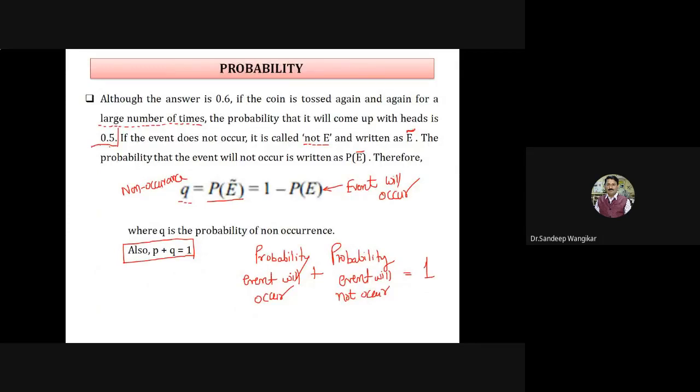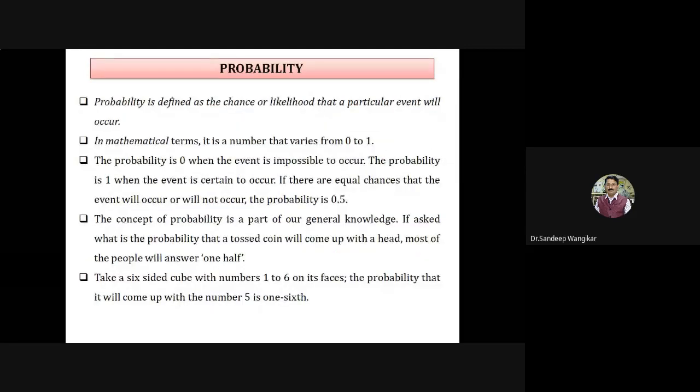So this is about the concept of probability. We can take a large number of examples to understand the concept in a deeper and broader way. Probability is the chance or likelihood that a particular event will occur. We have discussed in detail when the value is 1, when the value is 0, and what the chances are when it is 0.5, and we have taken two different numericals and we will also come to know more.